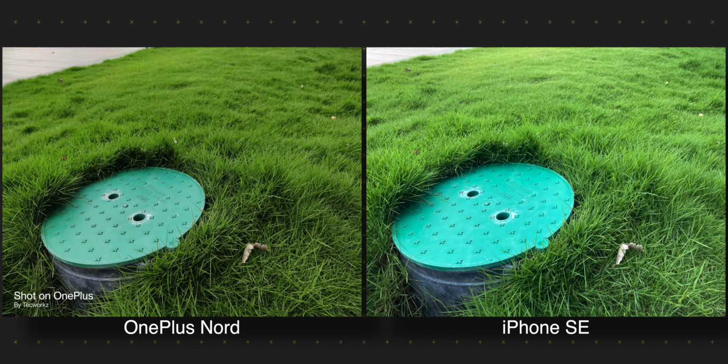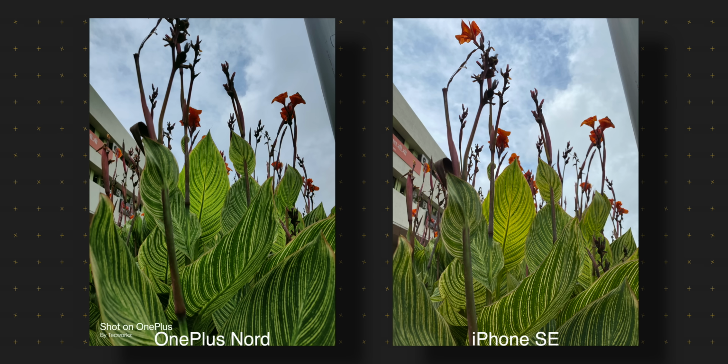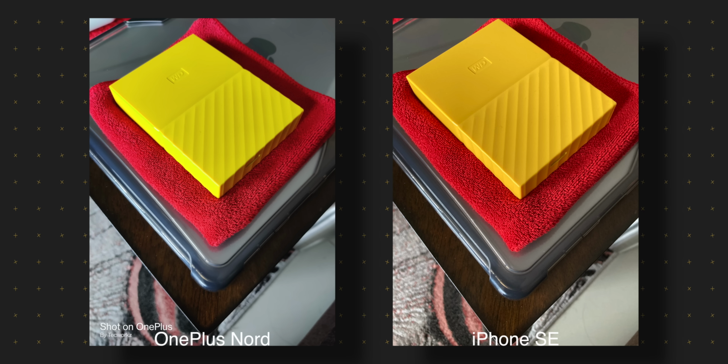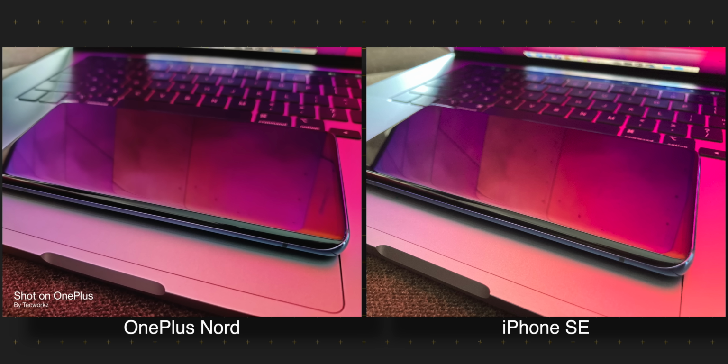Colors, especially the greens, are more natural in the images from the iPhone SE. Actual colors of the scene were close to how the iPhone captured them. Color is a personal choice and everyone perceives them in a different way, so which one of these images you like will depend on your color preference. I like natural looking colors from the iPhone, but your choice might be different, and that is completely fine.